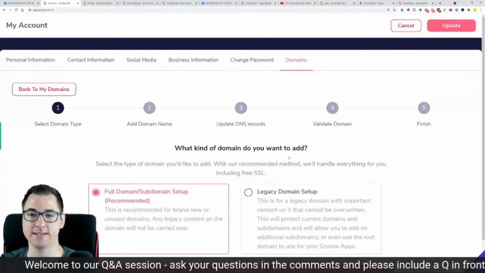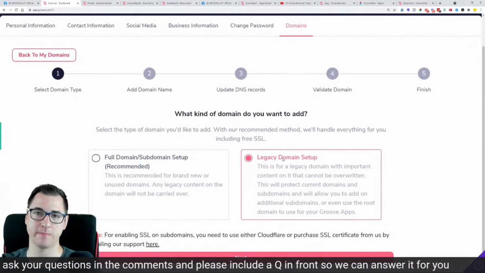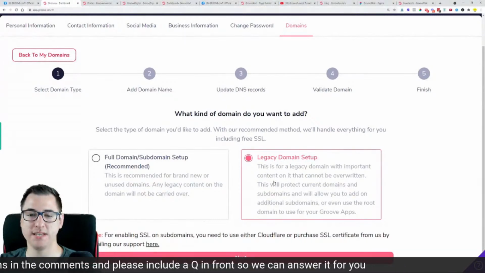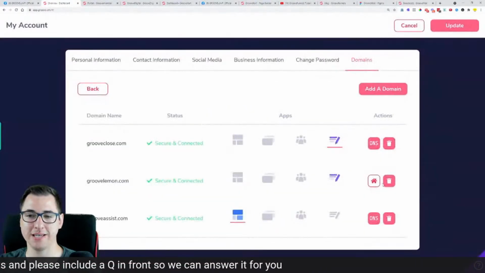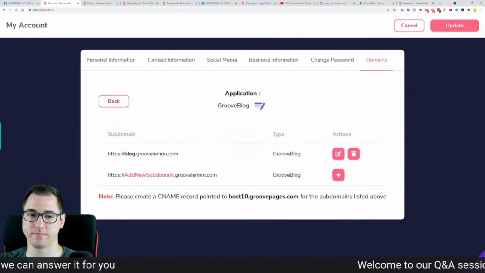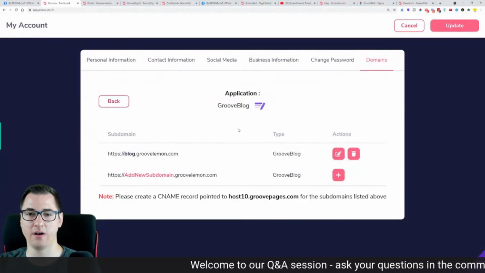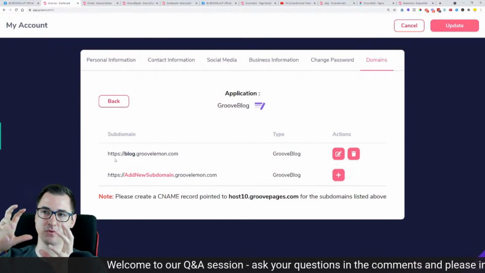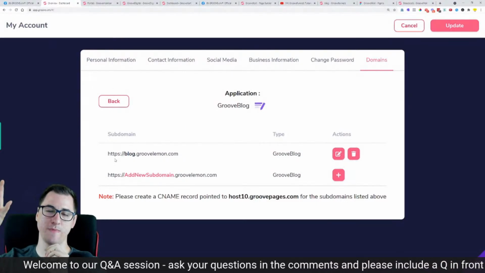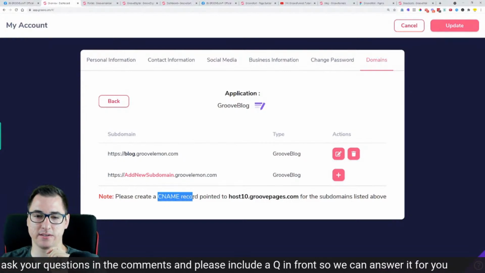But with the legacy setup, you can connect root domains and subdomains, but you will need to manage manually each and every step along the way with these notes. So we added notes that in case you connected a Cloudflare domain to Groove, you'll need to go and manage the CNAME records manually.